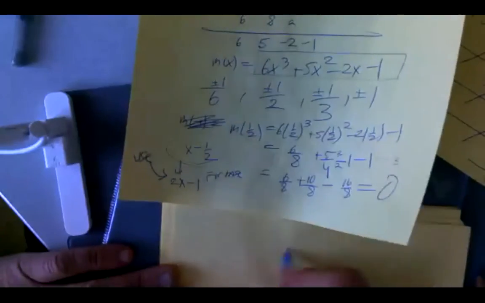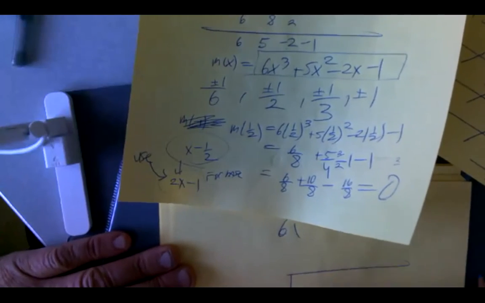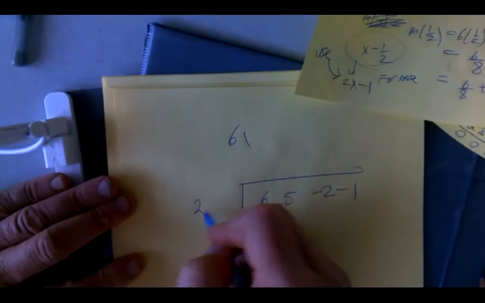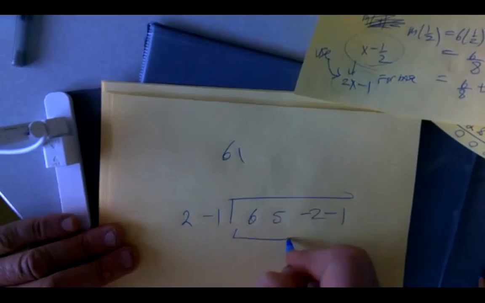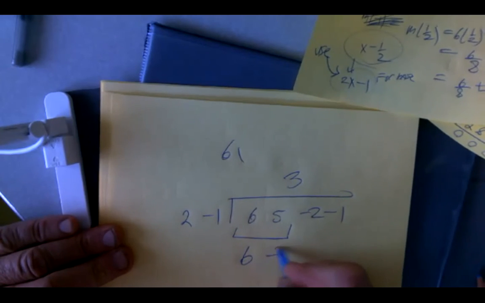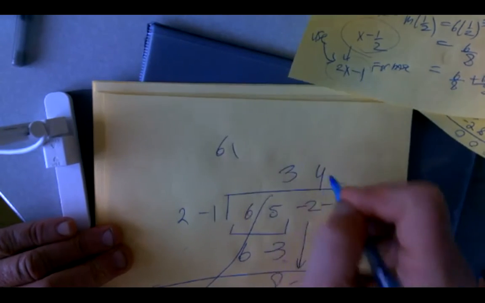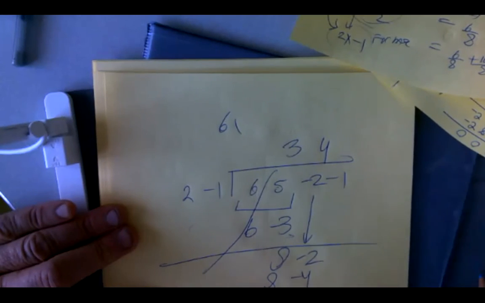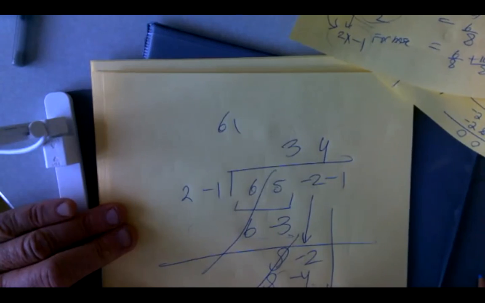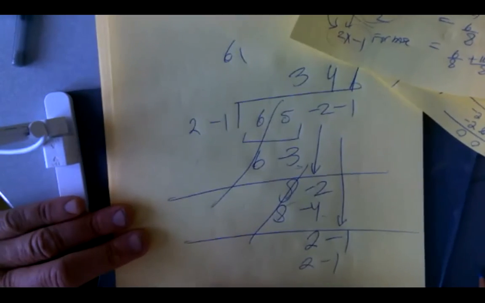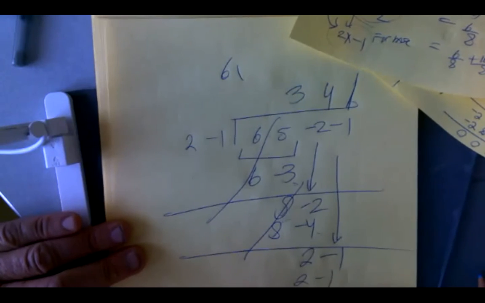For example, in base x, 6, 5, -2, -1. So I saw 1/2 was a rational root. I would use this 2, -1, and you see 3, 6, -3, 5 plus 3 is 8, 4, 8, -4, -2 plus 4 is 2. You see it works perfectly. And then you're getting this 2x minus 1. In this case, it wasn't too bad